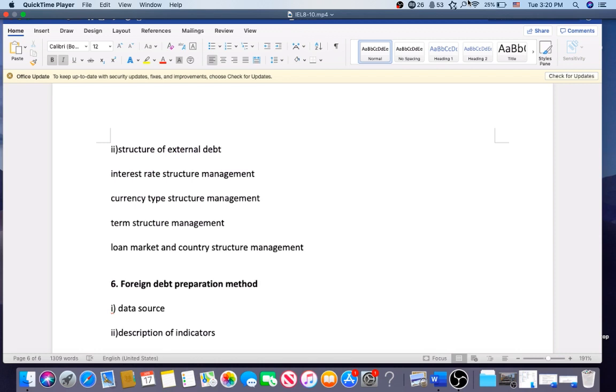So at different weights, different currency take different percentage in the total debt. And third, to adjust the currency structure in a timely fashion, so timely and effective fashion. That means we should adjust those in the time frame with the changes